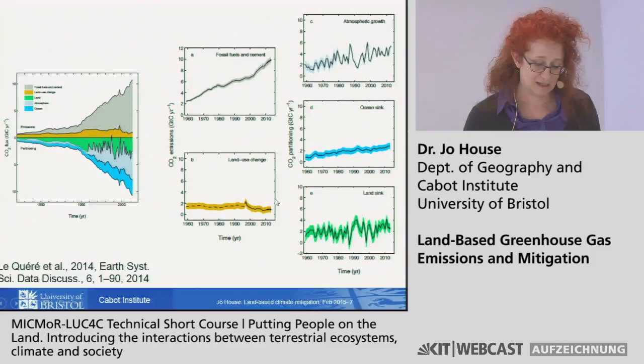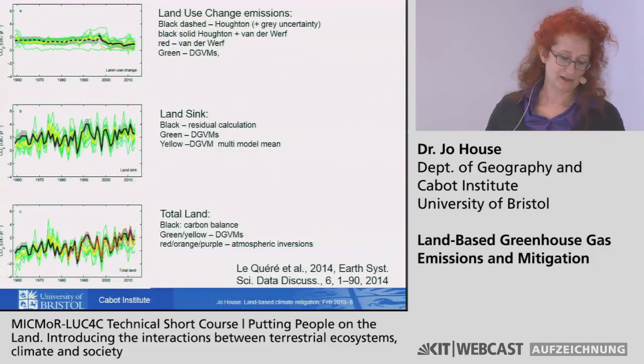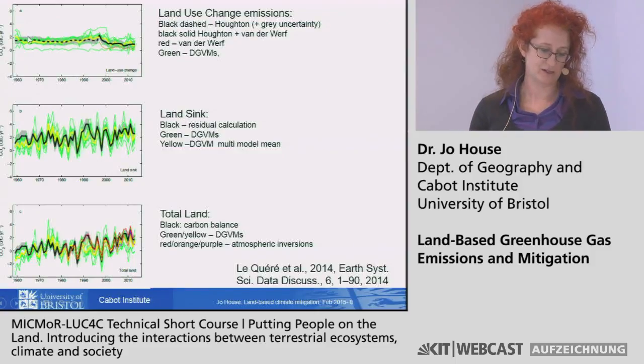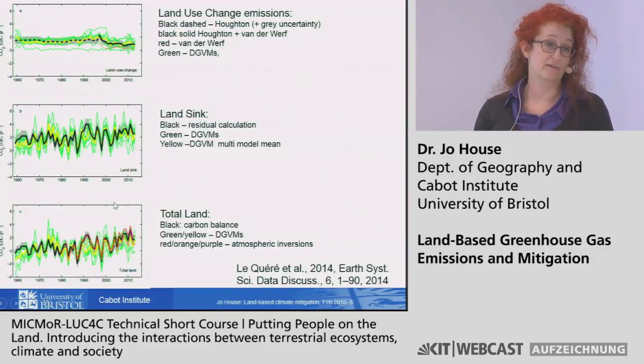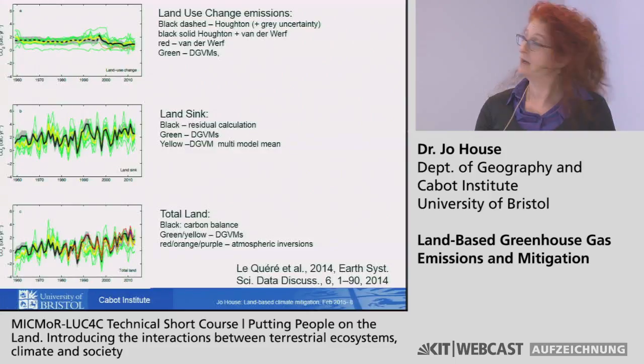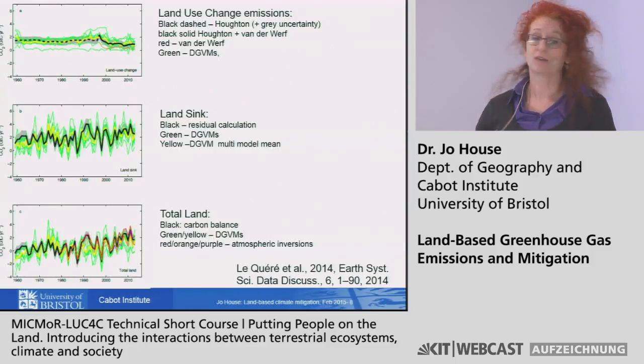And there's a particular wiggle because 1998 was a very high fire year. So we break that down a little bit more, and here we have our land use change emissions up here. And this is showing you, again, that dotted line there, that's the Houghton changing into the solid line when we've got Houghton and van der Werf data together. And just to give you an idea, this is the van der Werf fire data alone, and it comes out a little bit low because it's only looking at fire emissions, and there's lots of land use change that's not by fire. But for us, it's just to give us that interannual variability that we know happens, because a lot of land clearing is by fire.